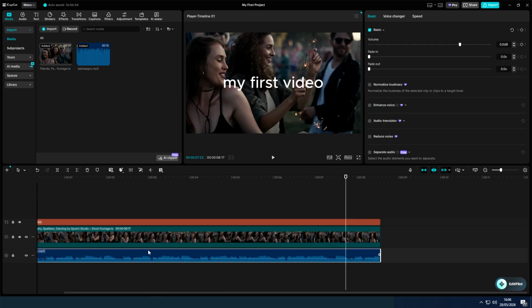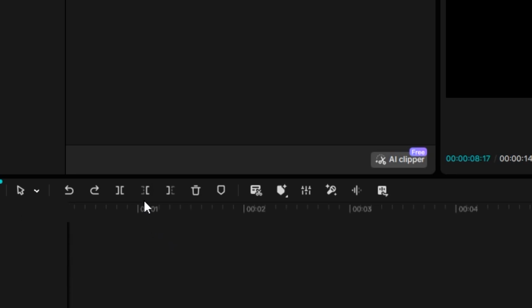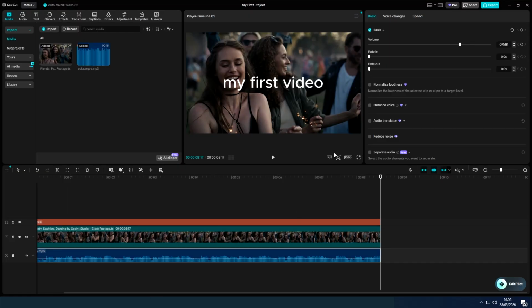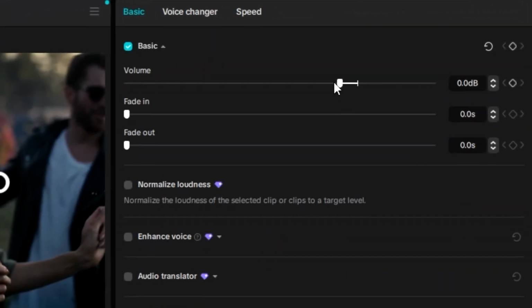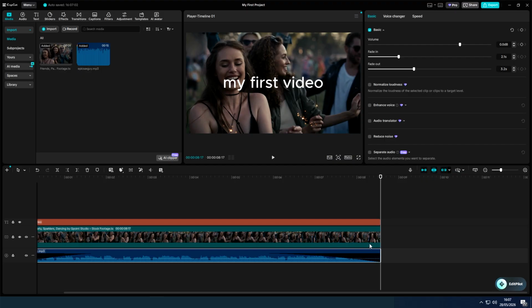You can also split the audio by moving the playhead to the part you want to cut, then use the split tool. If the audio is too loud or too quiet, select the audio clip. Then adjust the volume from the audio settings. You can also add a fade in or fade out if you want the audio to start or end more